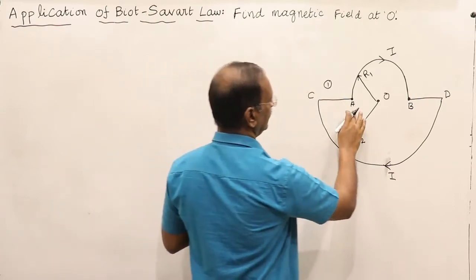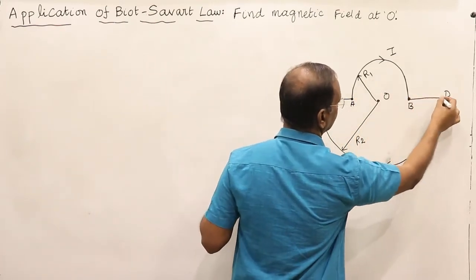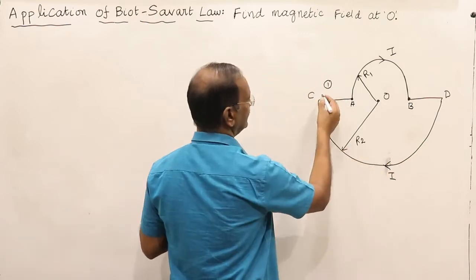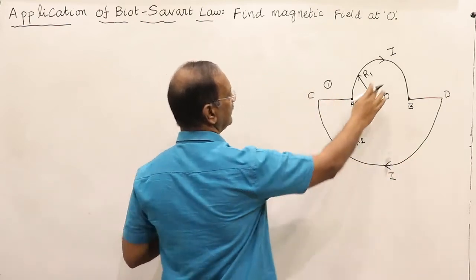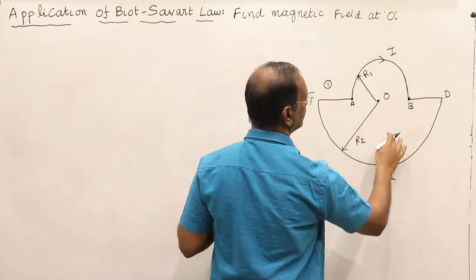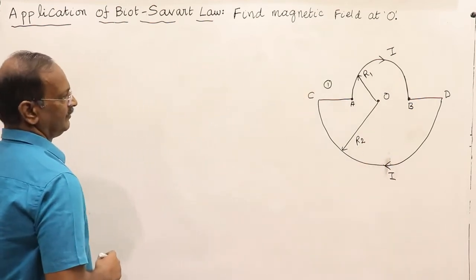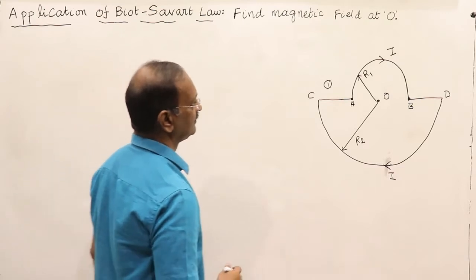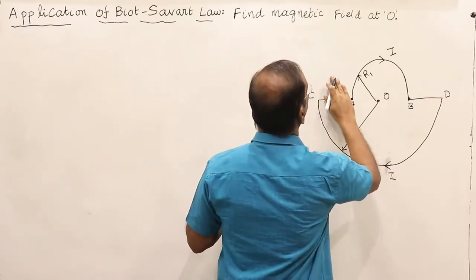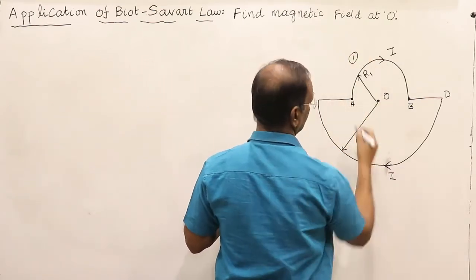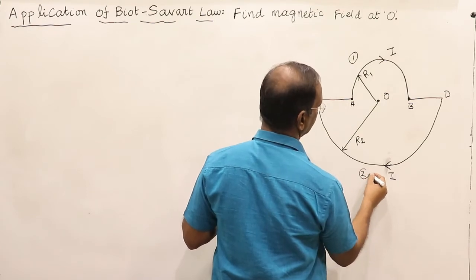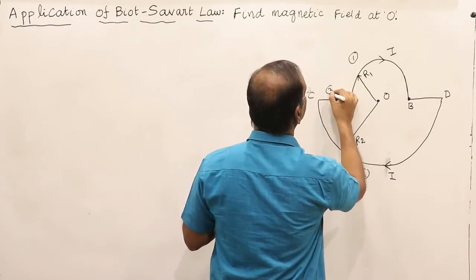Let us name it. This is A, this portion is AB, this portion is BD, this portion is CD. This is a semicircle with radius R1, this is a semicircle with radius R2. Let us find out for the portion 1. We can call this portion 1, this is portion 2, this is portion 3,